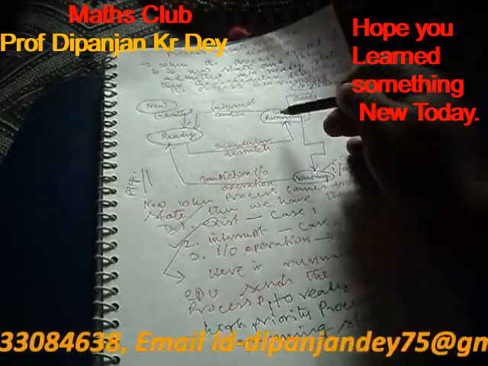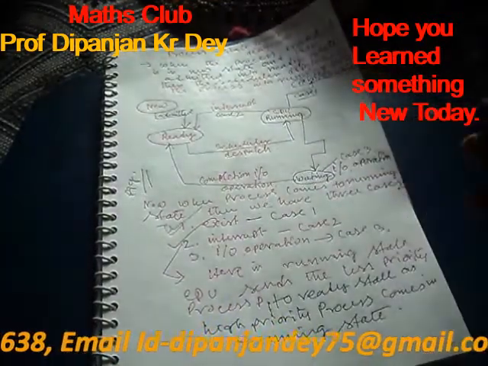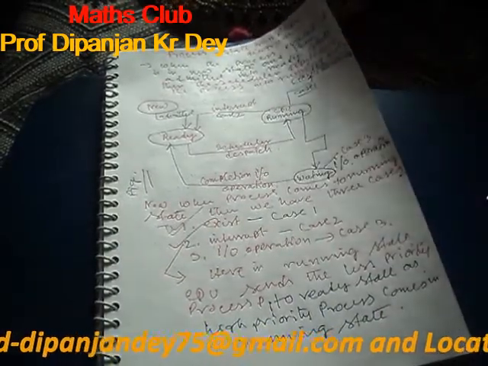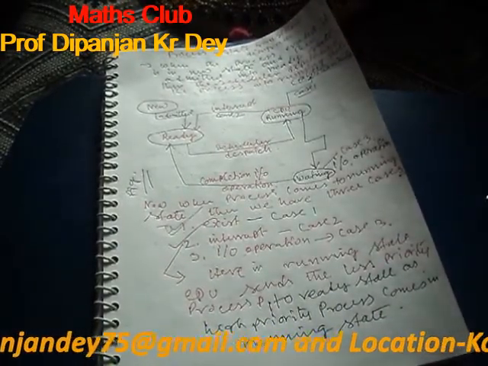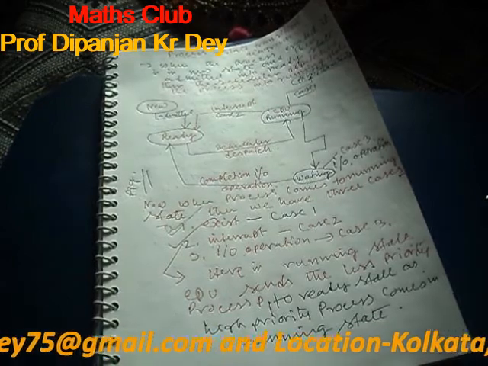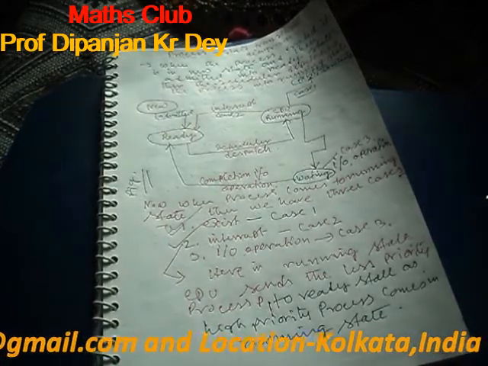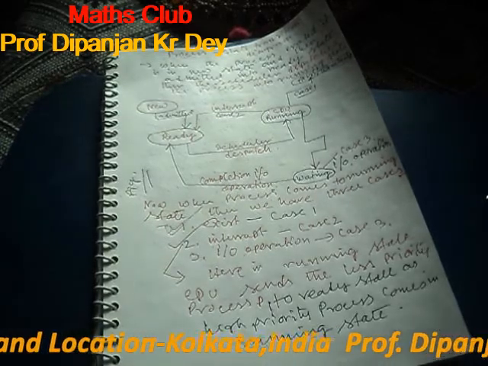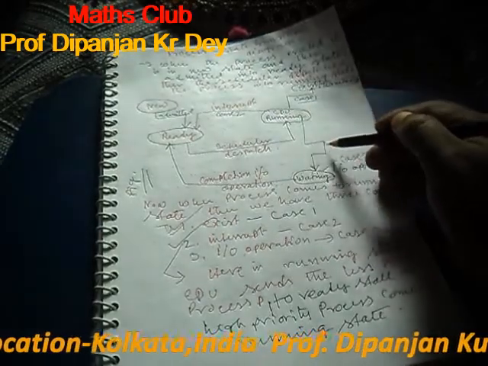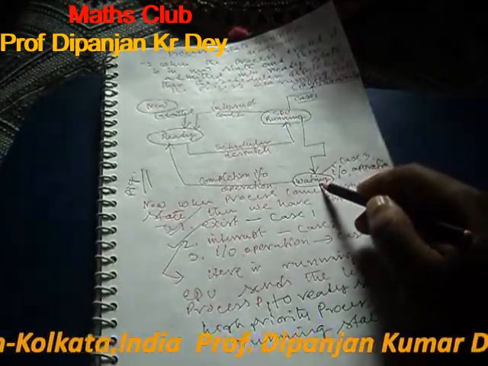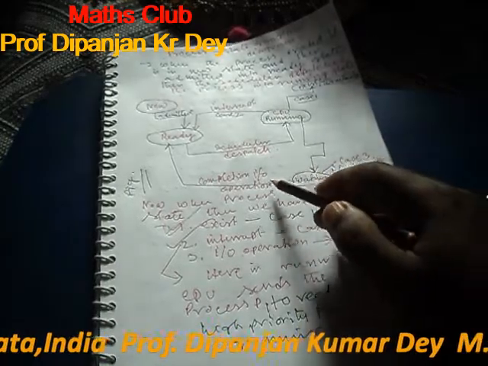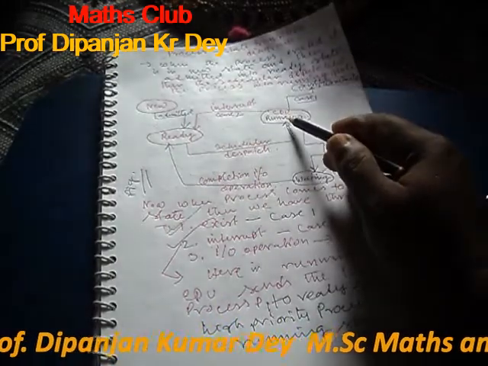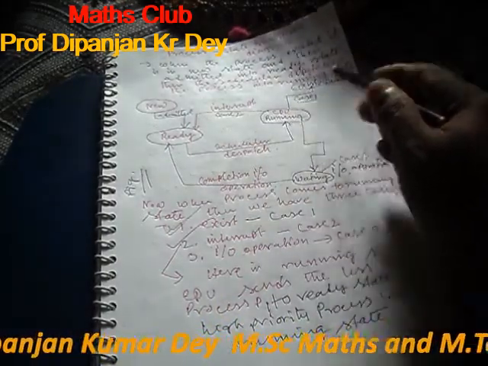Now case 3. Case 1, case 2, now case 3. This is very, very important. For case 3, when the process is in running state, suppose the process needs IO operation, then it goes into waiting for IO operation. After completing the IO operation, it goes into ready state, then through the scheduler dispatch it comes into running, and after execution it will terminate.